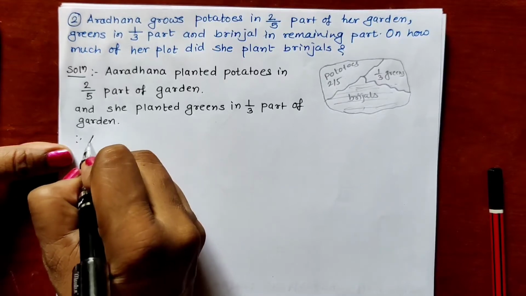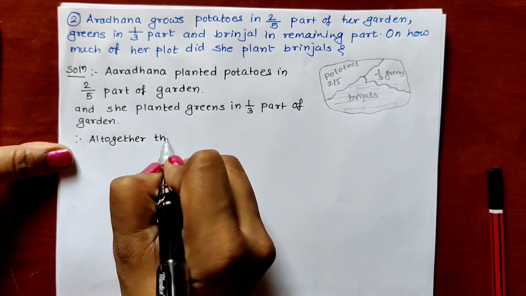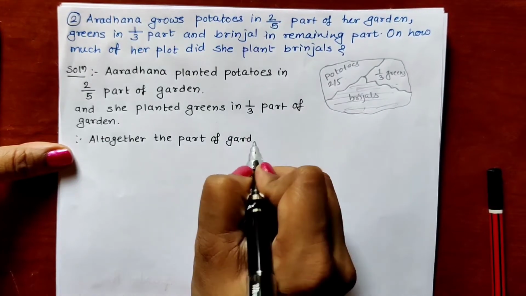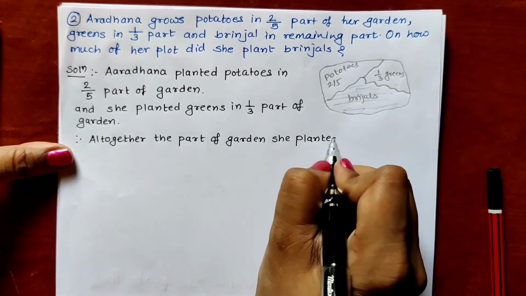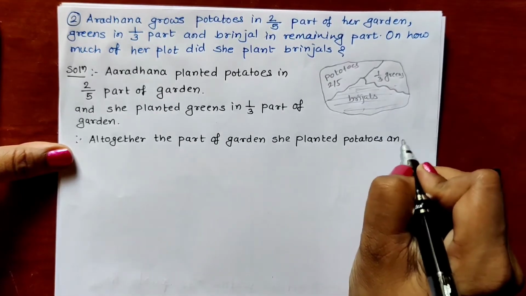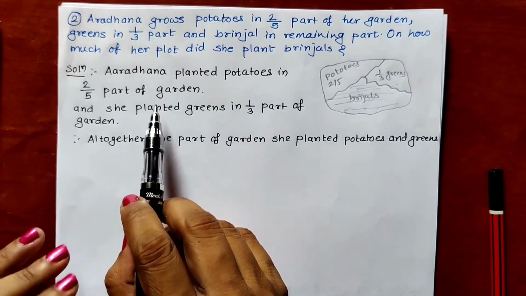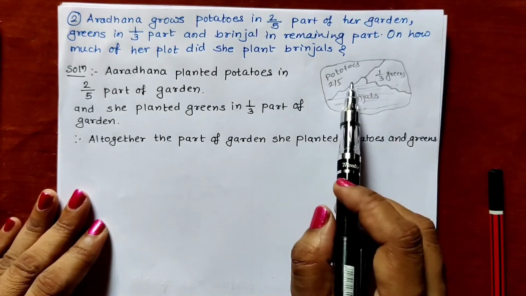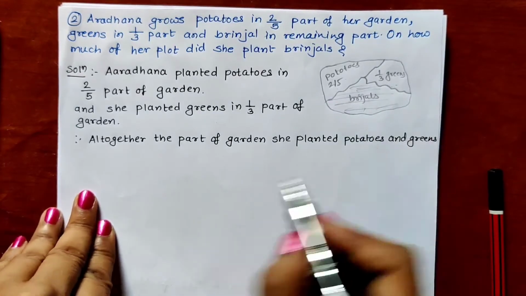Therefore, altogether the part of garden she planted potatoes and greens. We will first find out the total part of potatoes and greens. Total part of potatoes and greens. So we will do the total of potatoes and greens, that is 2/5 plus 1/3 is equal to